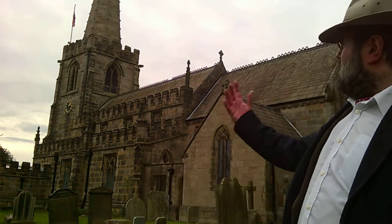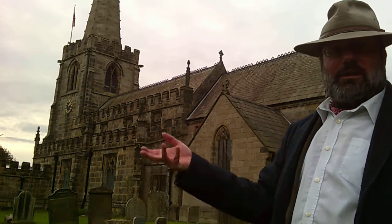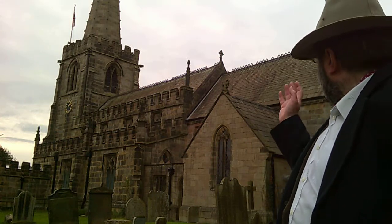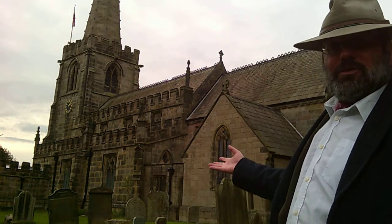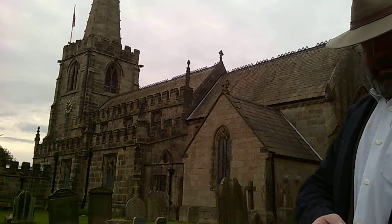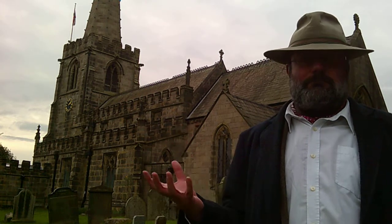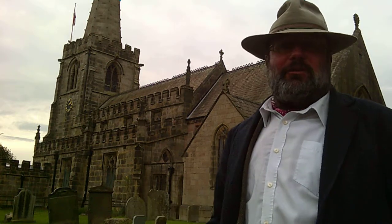So here we are outside at Hathersage, and you can see immediately the magnificence of the later parts, the 15th century clerestory and the 15th century aisle here. You've got here the Victorian organ chamber vestry and the medieval chancel with its Victorian east end. So it's a magnificent building. It's a very handsome example of the kind of parish church the Victorians loved, even with these 15th century additions that Victorians were not very keen on. And so it's been little altered externally, except to try to bring back something of what it would have been